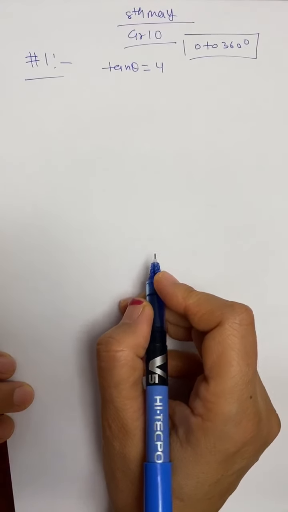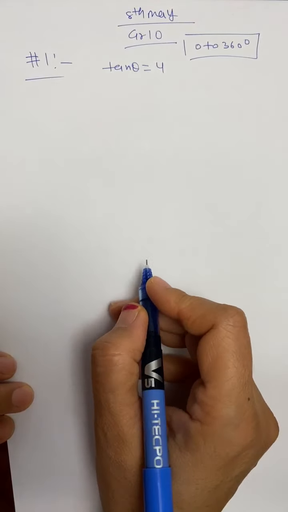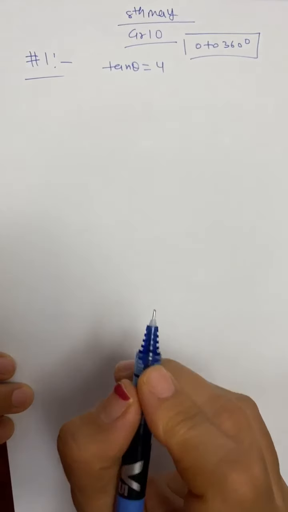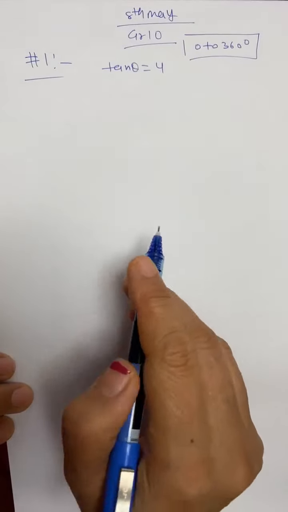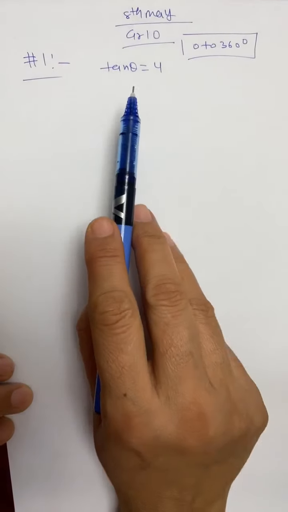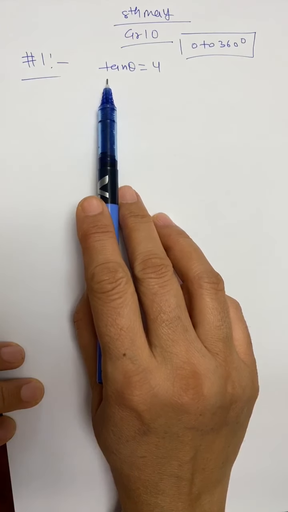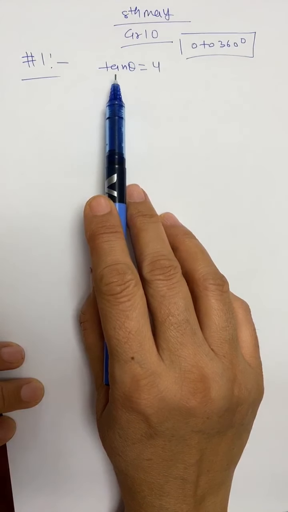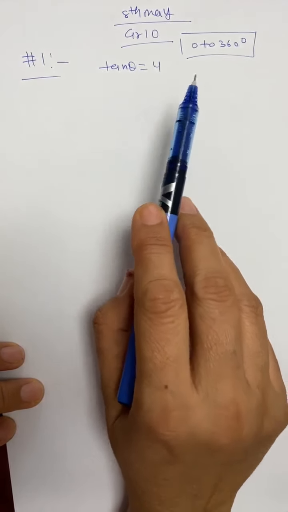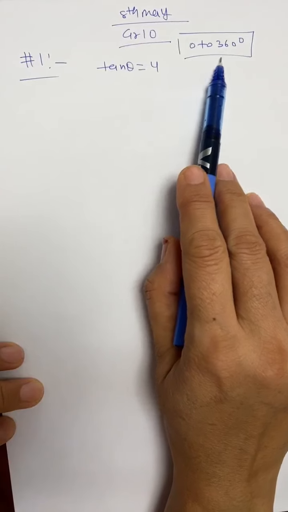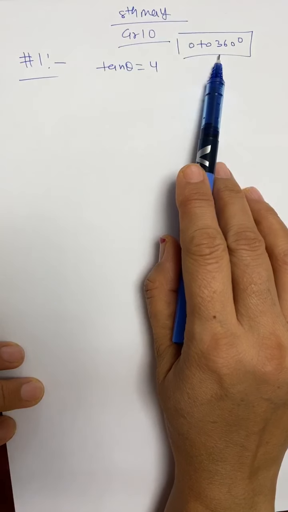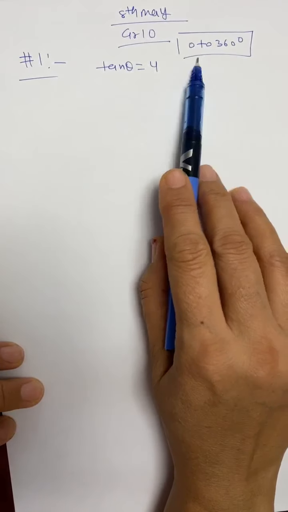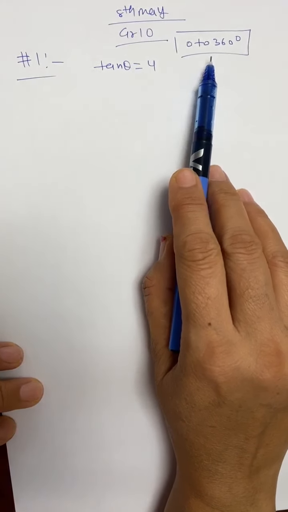Okay, so this is solving trigonometric equations part 2, and I'm going to do some more complex problems here. To start with the easier one first, find the value of theta when tan theta is equal to 4. For all of these questions I'm going to keep the domain 0 to 360 degrees, and if you want, you can do a few questions again with a changed domain. As I said, domain plays an important role.